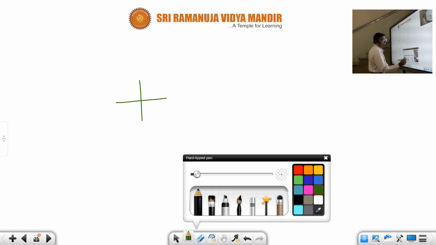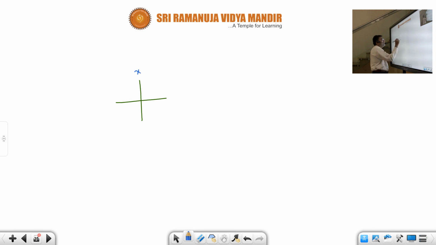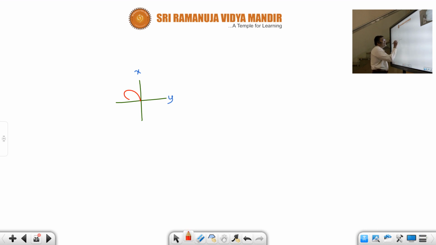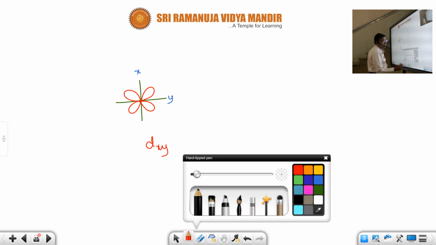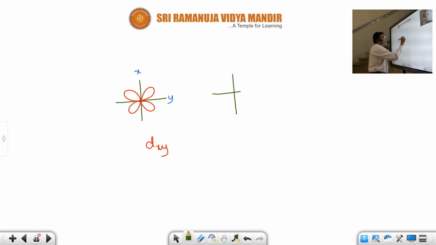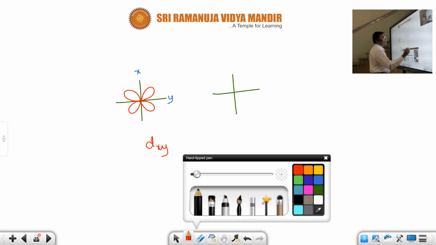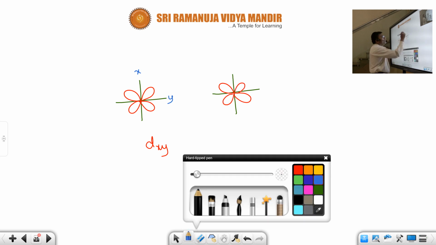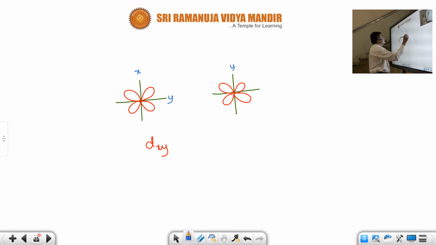Very simple. Let us take here x-axis and y-axis. Okay, now listen, have a look here. Draw the lobe like this. Draw the lobe like this. So, you can see here, draw the lobes in between the axis. These lobes are in between x and y axis. That's why this is called dxy orbital. Now, let us take the next one. Now draw the lobes here. This way you draw it here. Now, let us designate this as y-axis and this as z-axis. So, this is called dyz orbital.